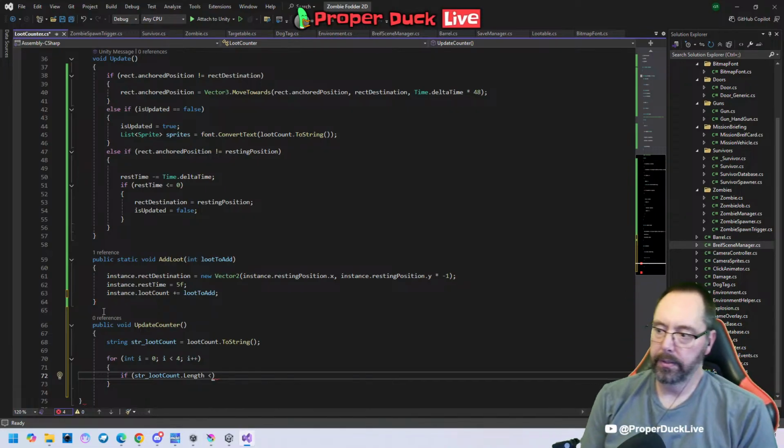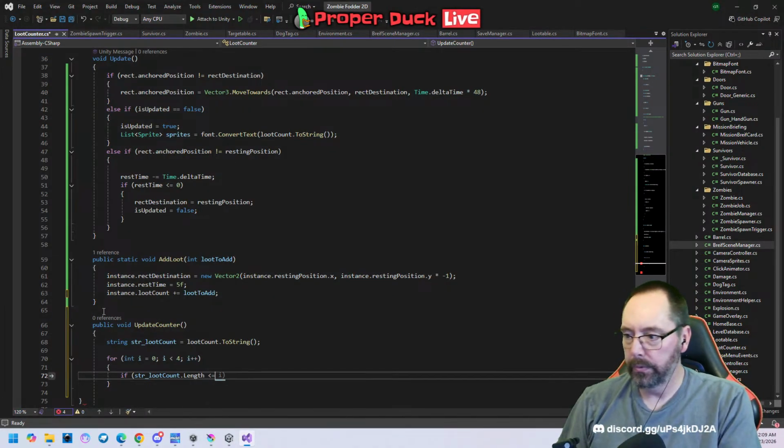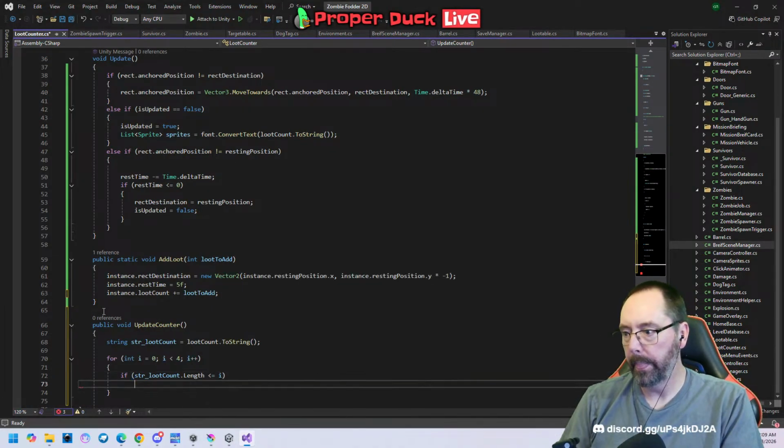So length is, I'm on 0. If it's less than or equal to i, then what